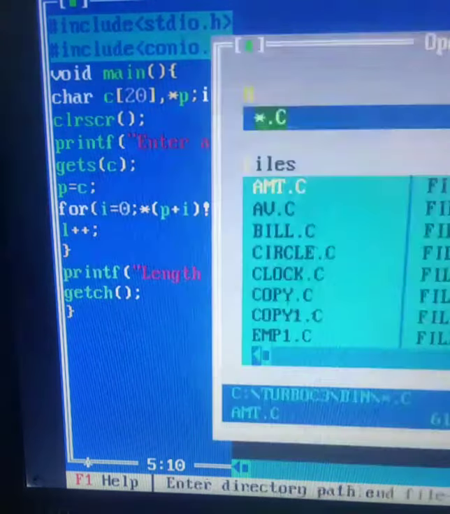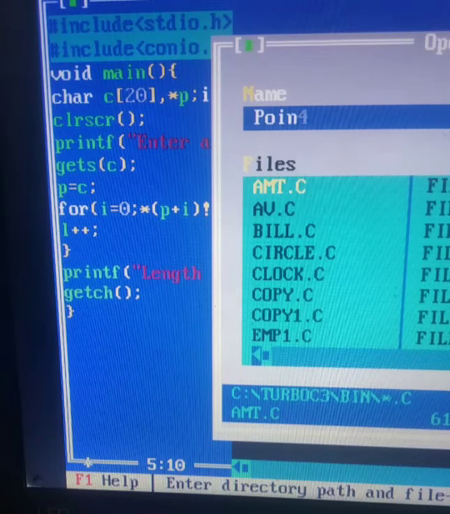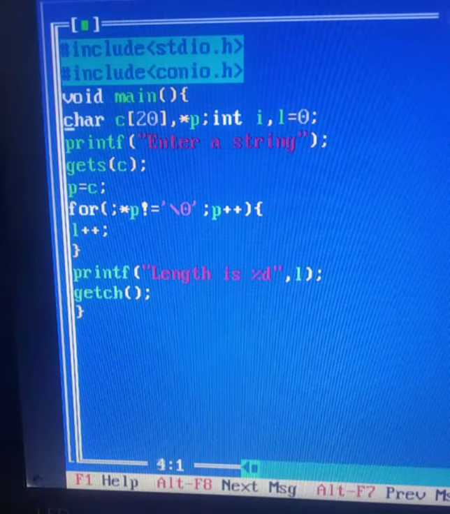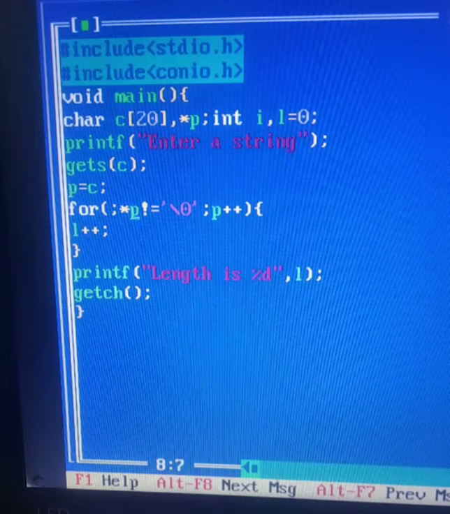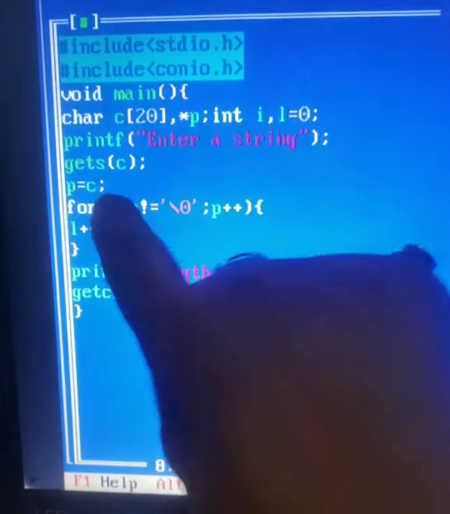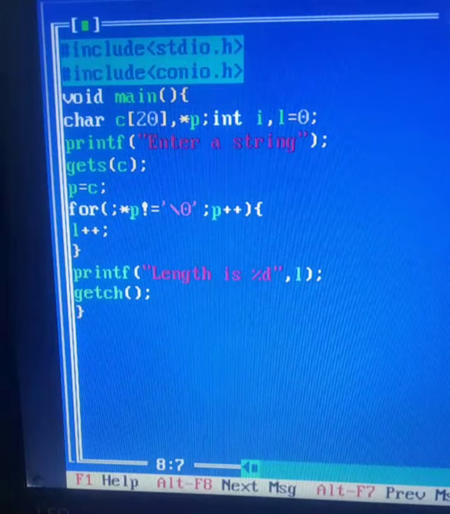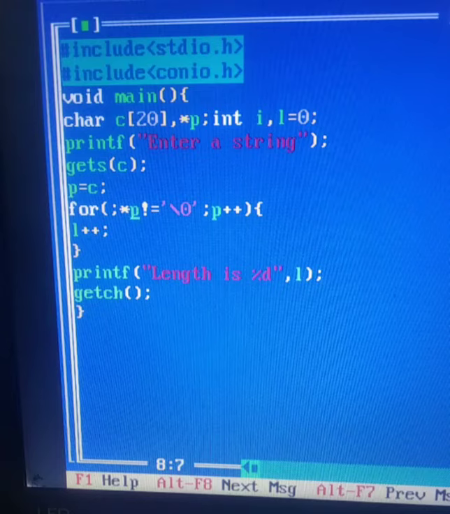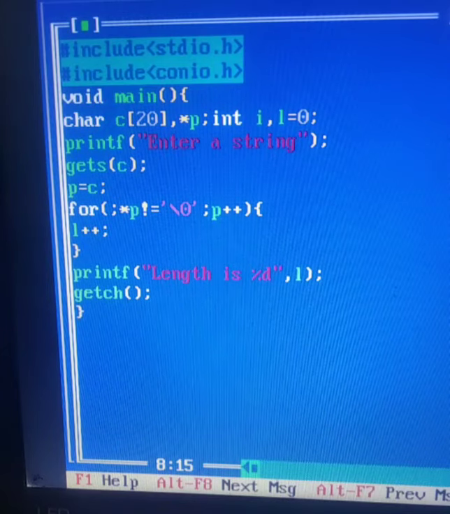This same program I can do this way also, without using an i loop, I can write *p not equal to null. p presently has the address of 0 position of your character array. That means h of hello. So it is going to check whether this h is not equal to null. Yes, it is true. l will increment and become 1. With p++, I am moving my pointer to the first position automatically. Permanently, it will move to the first position.